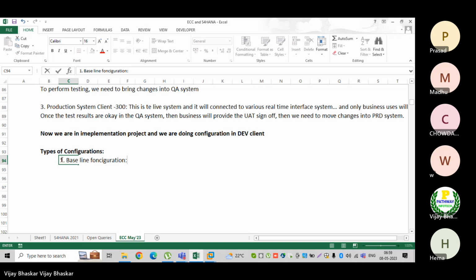Then the second one is a final configuration. First let us discuss what a baseline configuration is. Suppose you are the FI consultant or CO consultant, or let us assume you are the FICO consultant. For example,